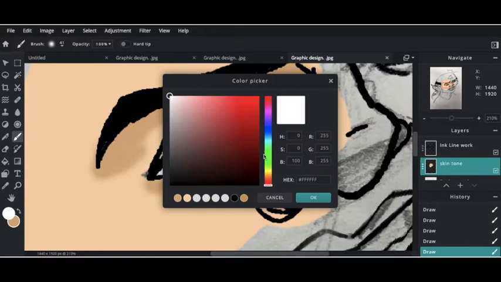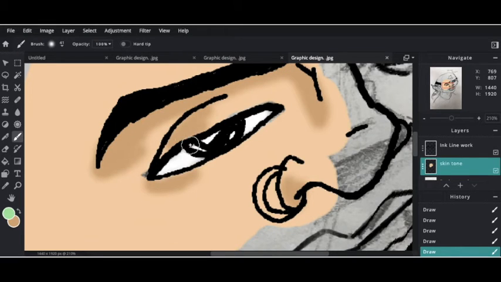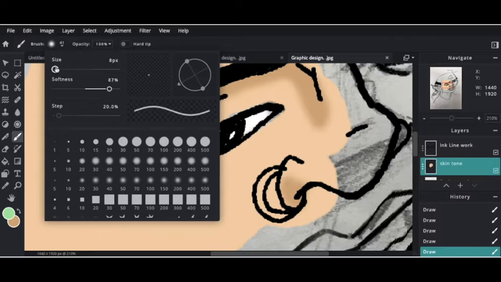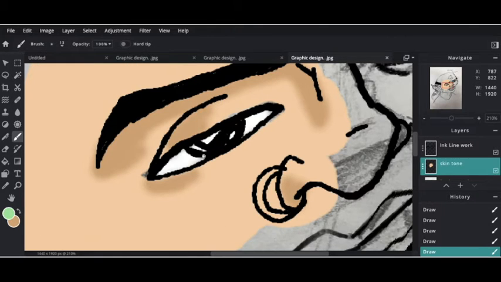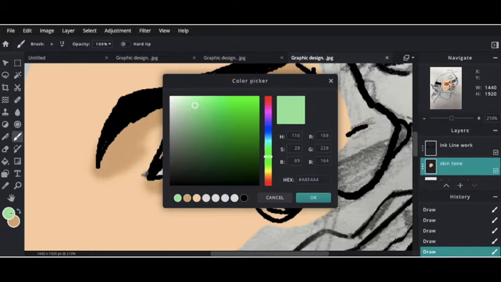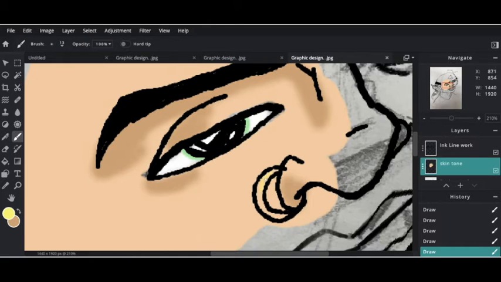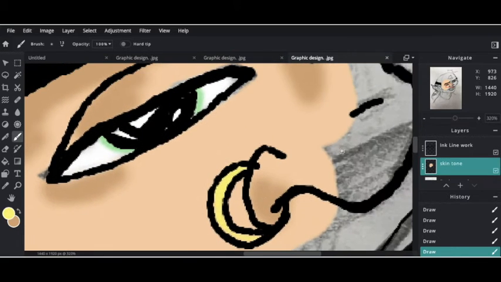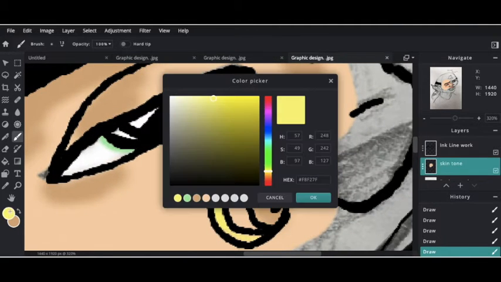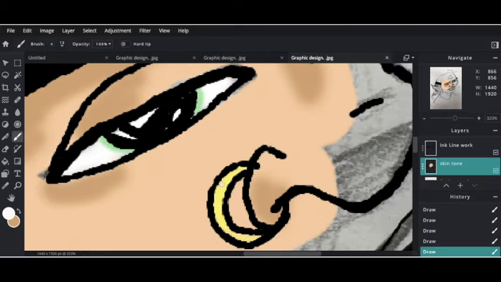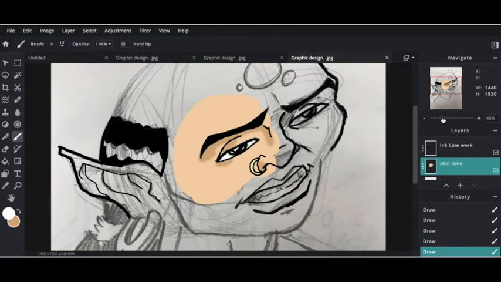You can see I'm just painting white there and getting the eyeball. And I'm going to paint a little green around it. If you ever played Wii, you notice they'll have like a black eye, then those have color around. This is a viable option that you can use as well. If you want to put a darker green up on top, that's up to you depending how large your eyes are. You see I zoom in there, and I just got a green ring around that large iris there. So color in the nose ring,